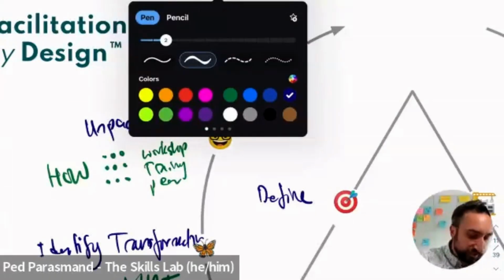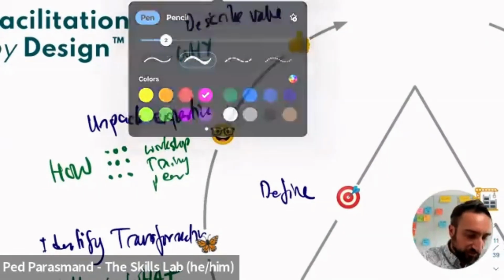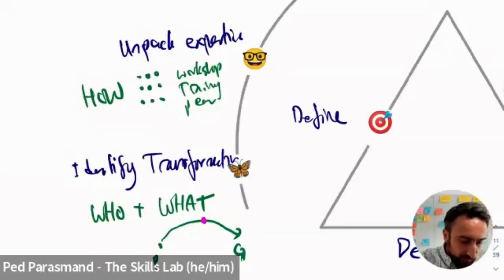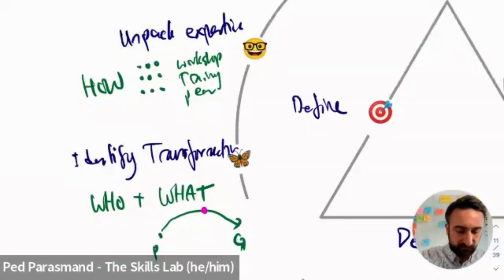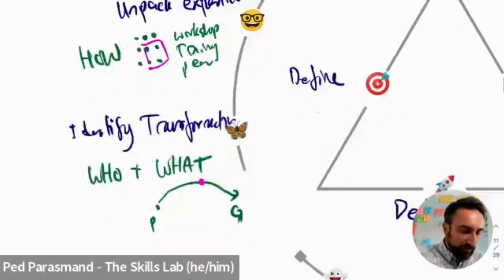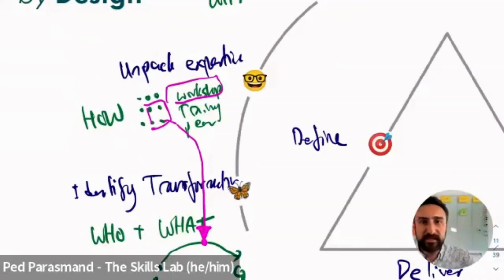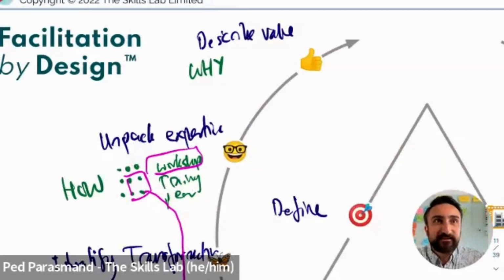And then once we've got all that, we can start to describe the value, which is essentially the why. The way I recommend doing this is to identify where in this transformation we want to have an intervention, then pick the right tools and methods, and position what we're doing in the transformation. So it's not just, hey, this thing is really great. It's about saying, this thing that you want to achieve, this is why it's going to be important for you, because you will be able to do X, Y, or Z.